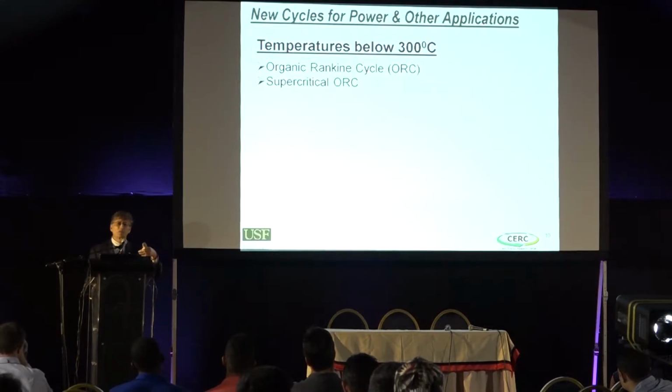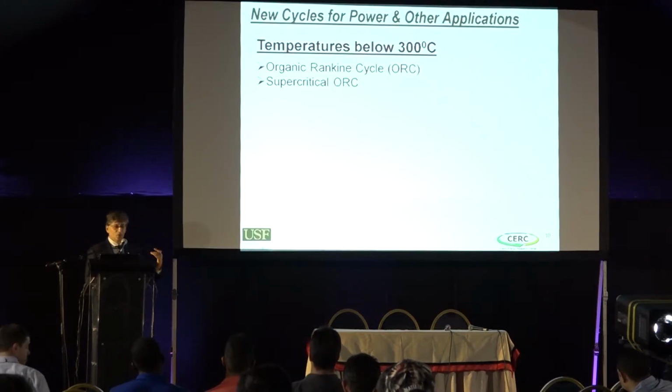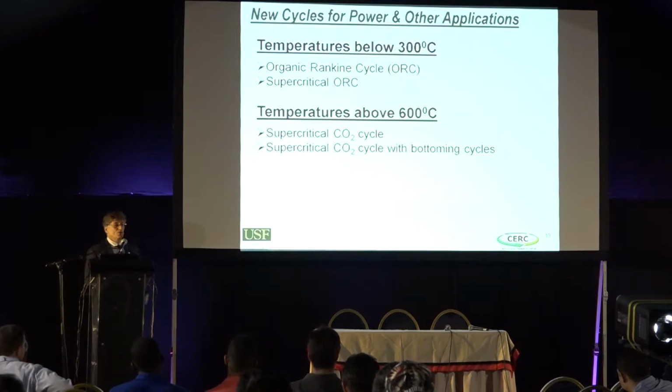Waste heat from industrial applications. And now we are working on supercritical organic Rankine cycle, which increases the efficiency higher than the normal organic Rankine cycle. Now, temperatures above 600 degrees C is where we would use supercritical carbon dioxide cycles